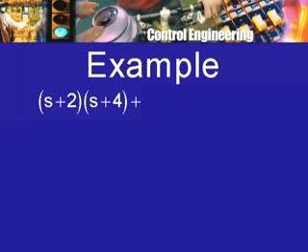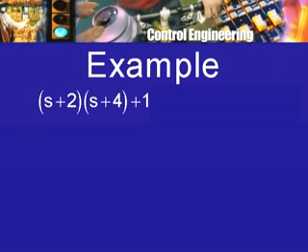Now depending on what that constant term is, it is possible that the roots will be coincident and real, that is the case delta equal to 0, distinct and real, or distinct and complex. Now I have here s plus 2 into s plus 4, so this simplifies to s squared plus 6s plus 8, and so what should I add here so that this becomes a perfect square?